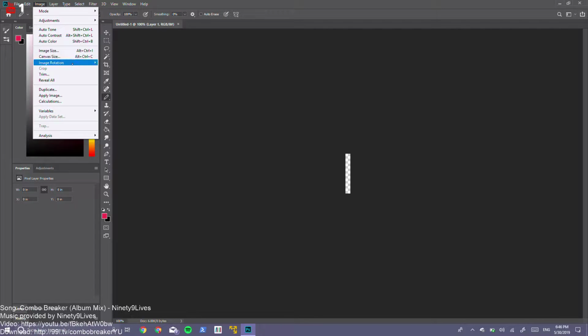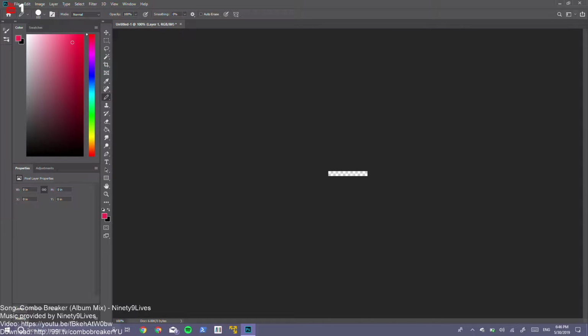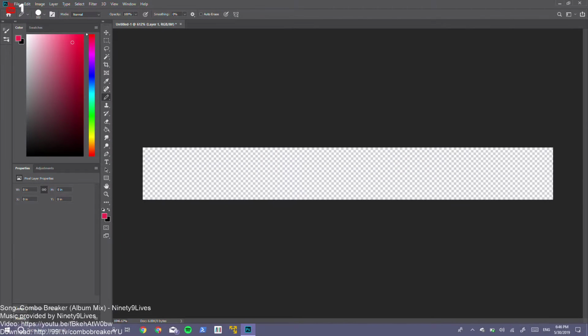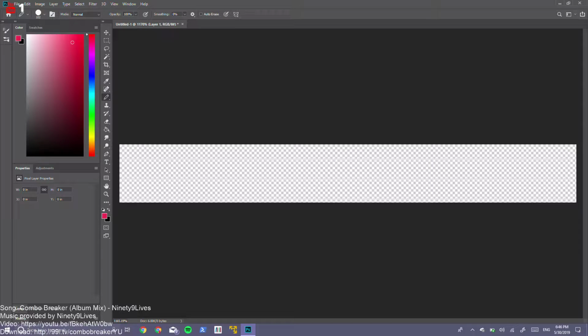Image, rotation, 90 degrees, whichever direction. Doesn't matter, because there's nothing on it yet. But now, let me just agree to some licensing things. And